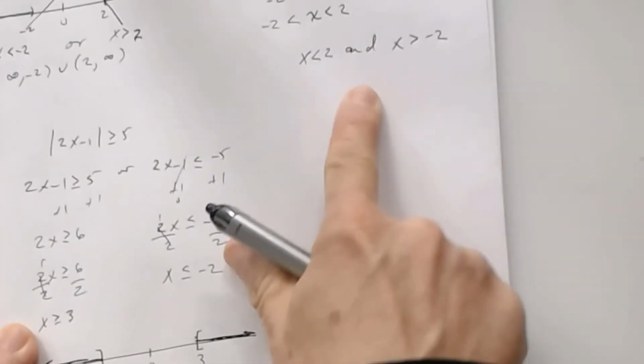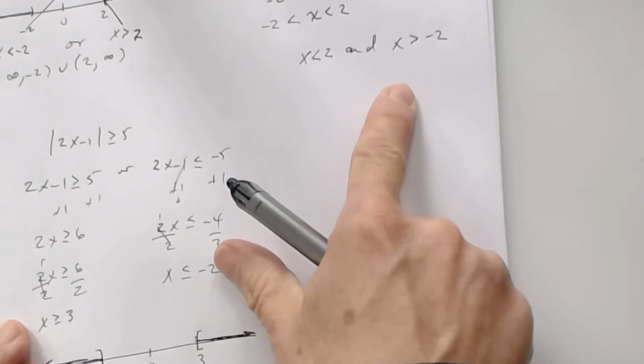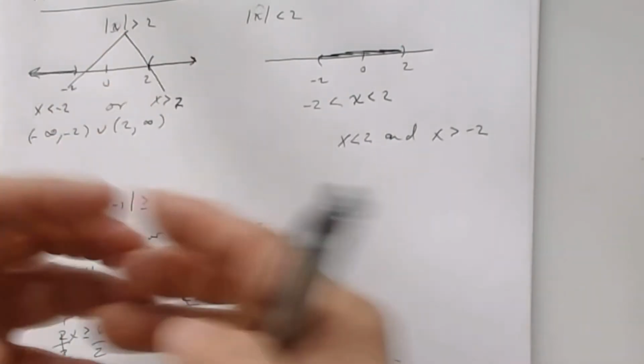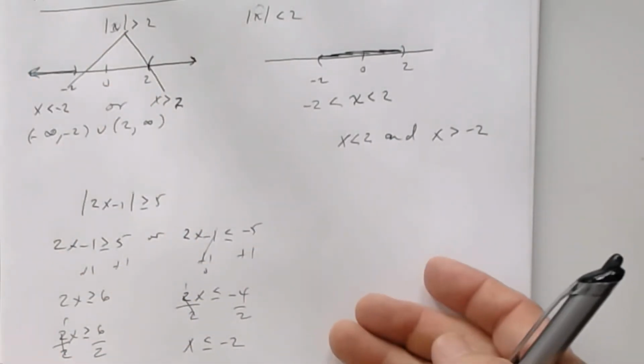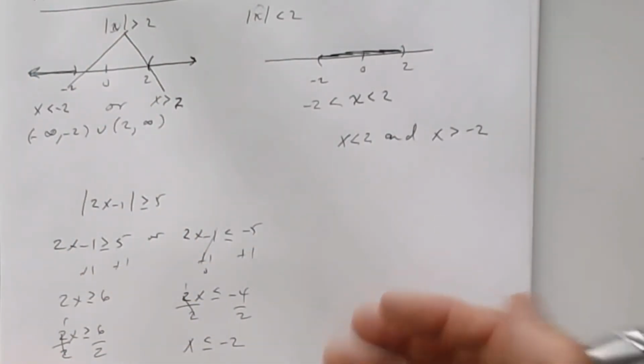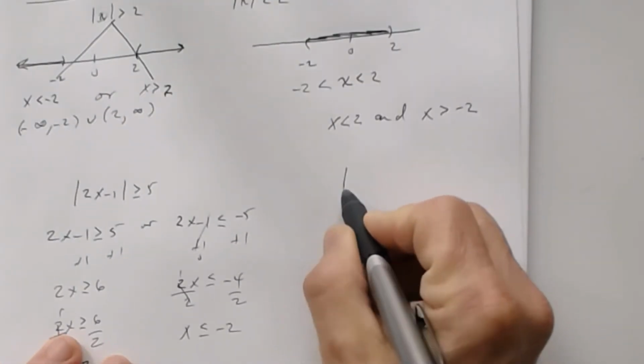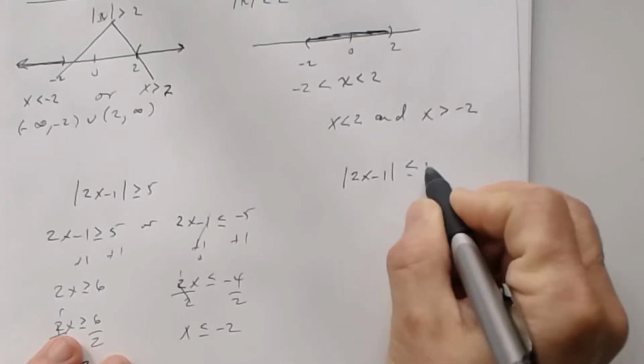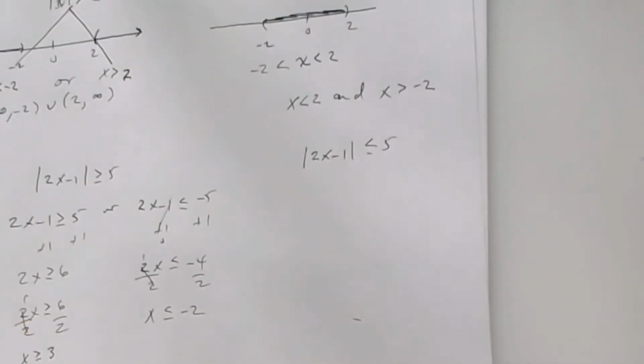That's not the way we did it. We didn't do it that way. Some of you want to make this look like this, and so you're getting confused with this whole process. So when we look at this example here, let's say we had 2x minus 1, same one, is less than or equal to 5 this time. So less than. Let's do it the way we did it. So the way we did it was